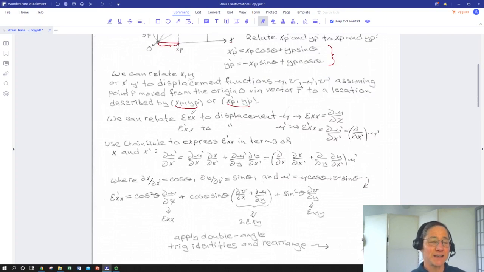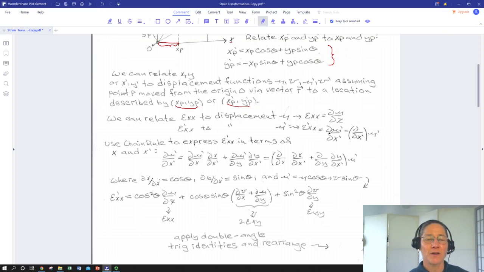So strain in the xx direction, we've already established that relationship with displacement. Normal strain in the x direction is the partial derivative of the displacement function u with respect to x. So we can write an analogous expression for strain xx in the rotated coordinate system as